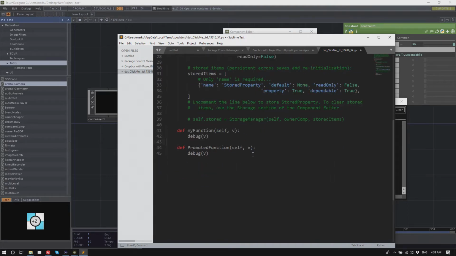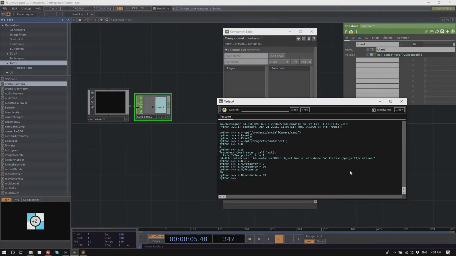And then we have two different functions here. One here is called myFunction, starting with a small letter. Those are not promoted. That means they cannot be called directly from the outside, while these promoted functions can be called directly. So we can try that. A dot, what is it called?